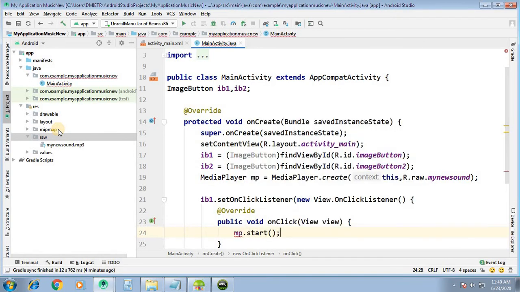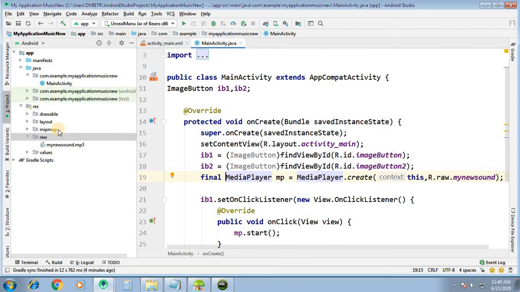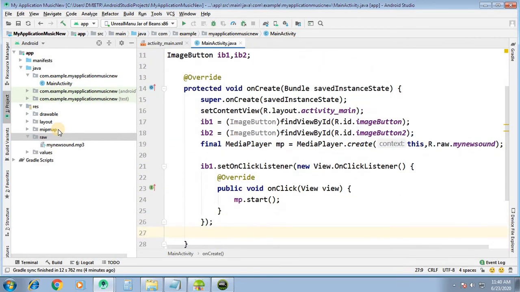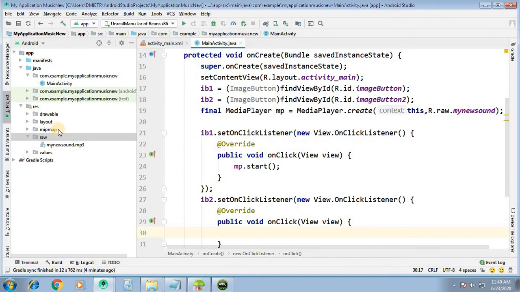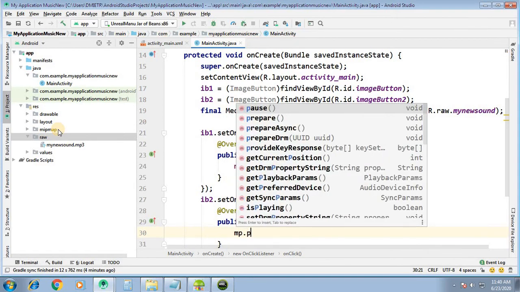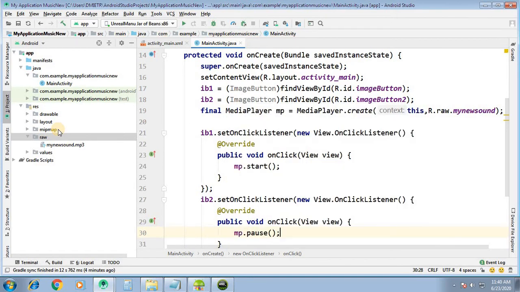We will start the media player. Here we need a final. And for IB2 dot set on click listener, new on click listener, and here mp dot pause, media player dot pause. Now let us run this configuration.